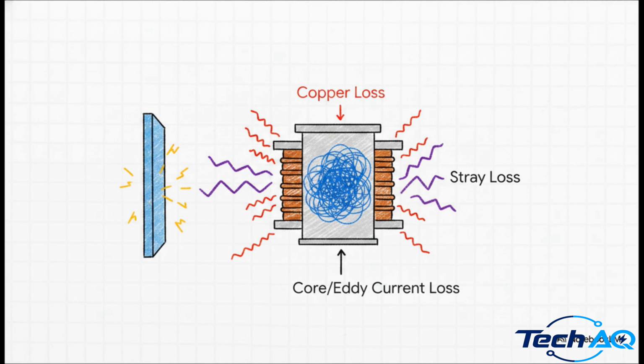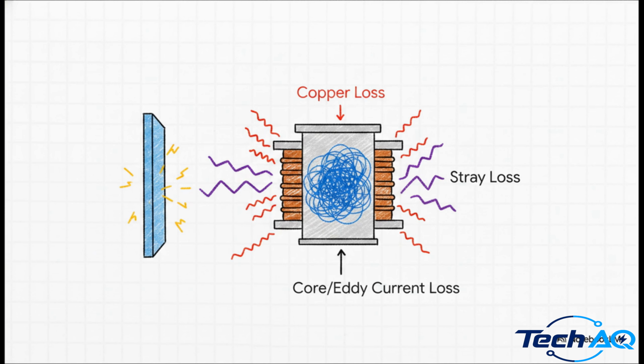So the crucial point is, why isn't it 100%? Well, no machine in the universe is completely perfect. We have 4 inescapable energy drains to deal with. Copper loss happens because the wire windings just naturally have electrical resistance. Core loss, sometimes called iron loss, happens due to hysteresis and eddy currents fighting the magnetic field in the steel